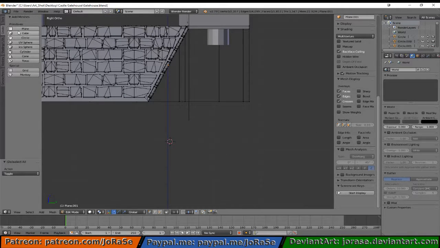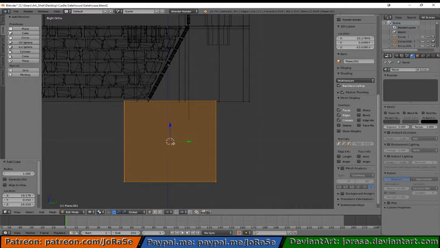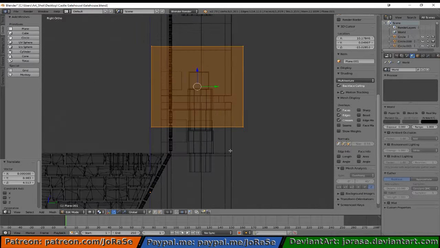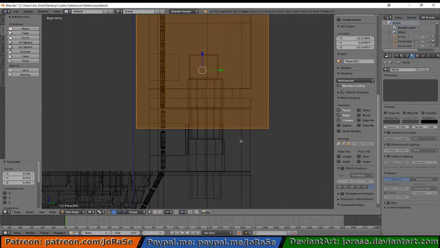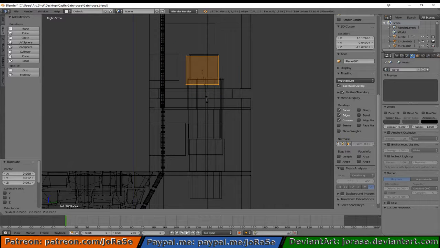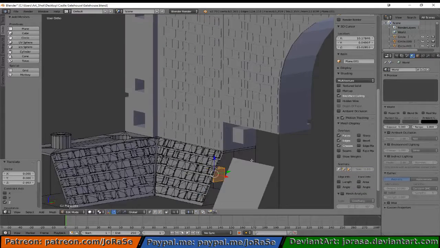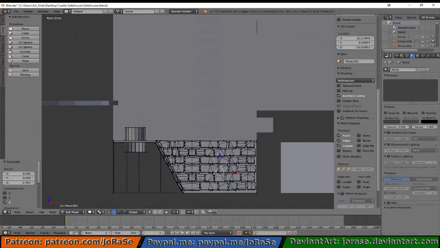So let's pull in a cube, and we'll bring it up to one of these. Try to have a uniform or somewhat uniform size. So something like that will work. Pull it down, and we'll make this one the inset. So get it right on that edge,